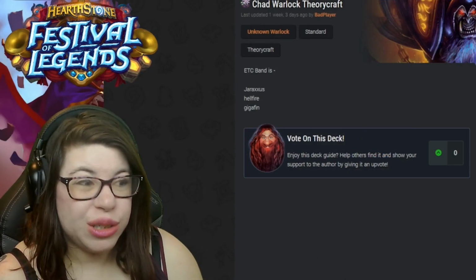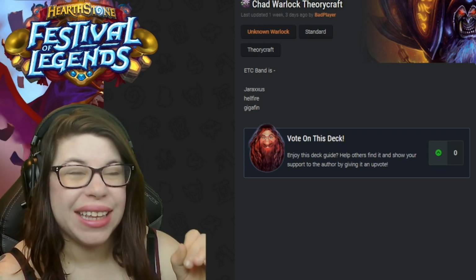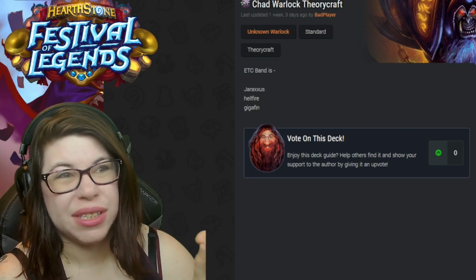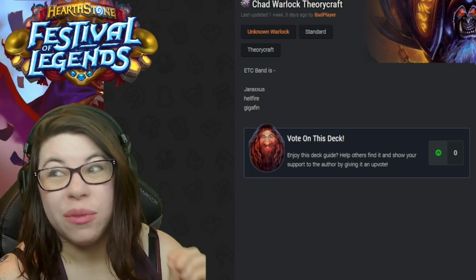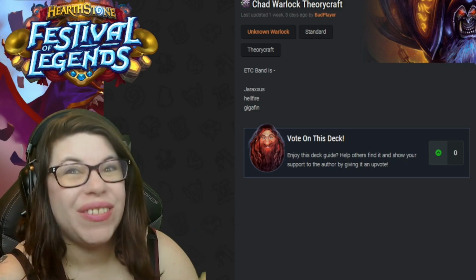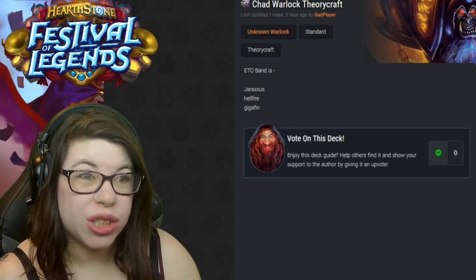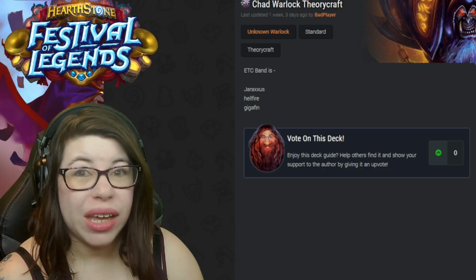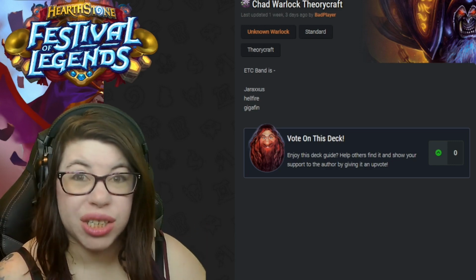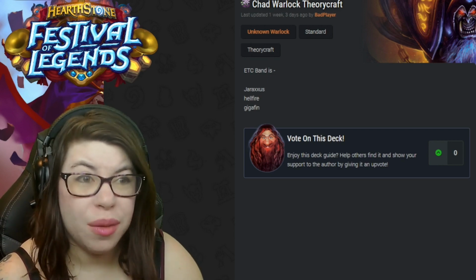And then the last one that I wanted to talk about is ETC being included in the deck. And here it shows from Bad Player what was included in the ETC band. It's Jaraxxus, Hellfire, and Gigafin. Jaraxxus, just another thing that works with the synergies. Hellfire, if you really need it to just clear up your opponent's board potentially, or maybe even deal